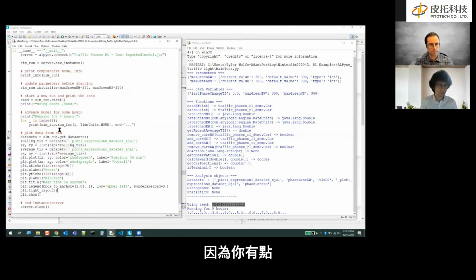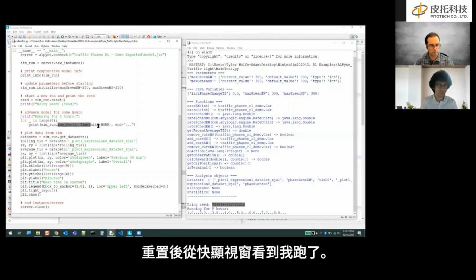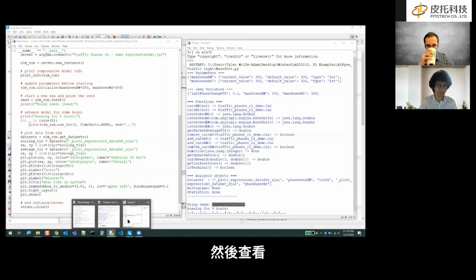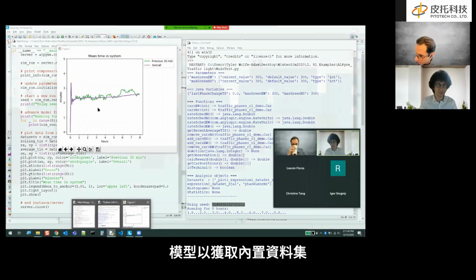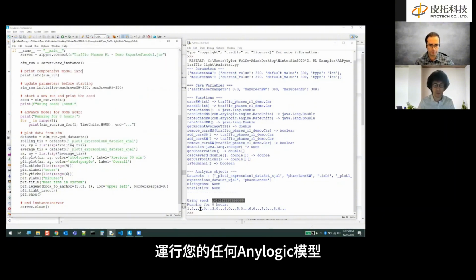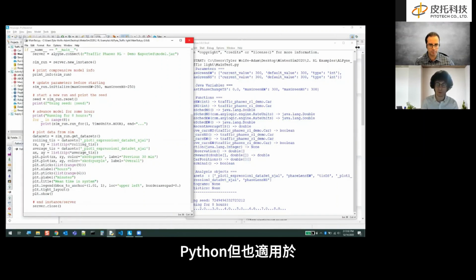As you saw from the pop-up, after resetting it, I ran the model, advanced it for 1 hour in 8 increments, and then looked into the model to get the built-in data sets. This is what popped up using the matplotlib library. So this is not only useful for just running your AnyLogic models within Python, but also for